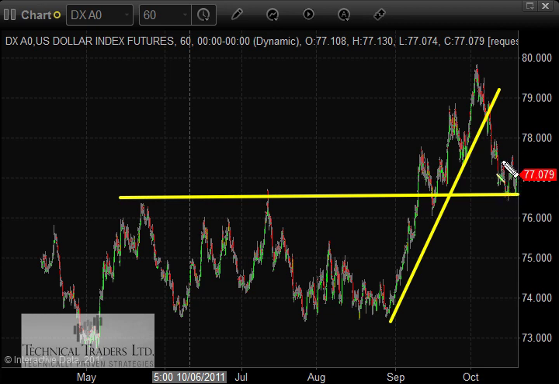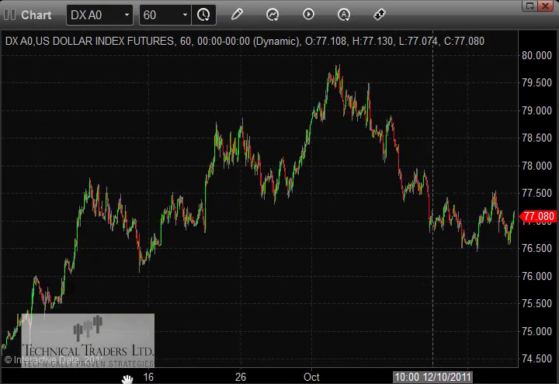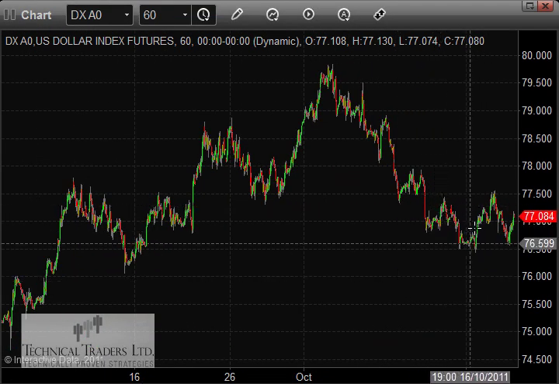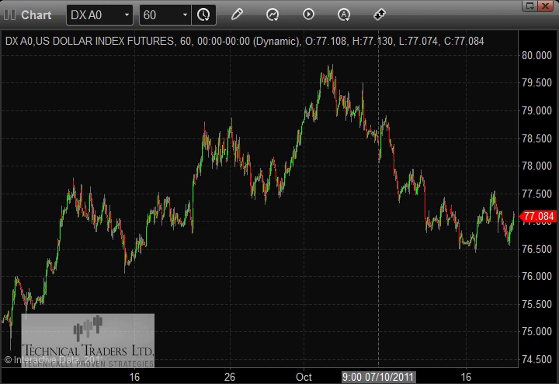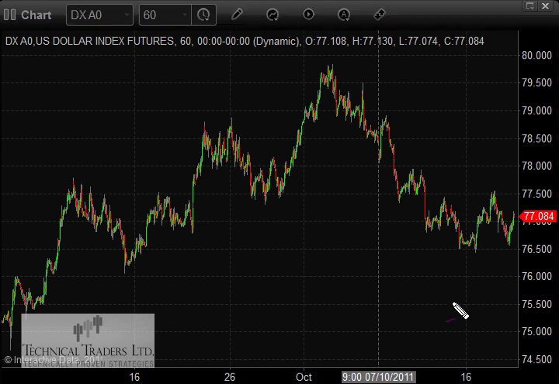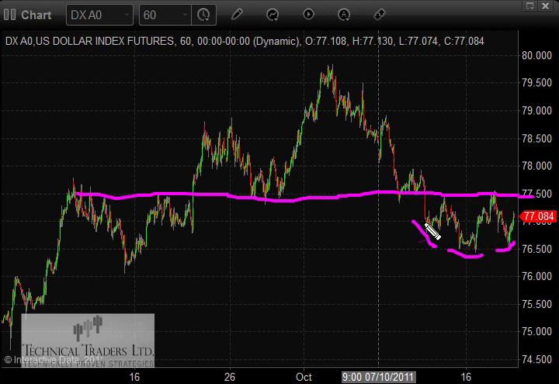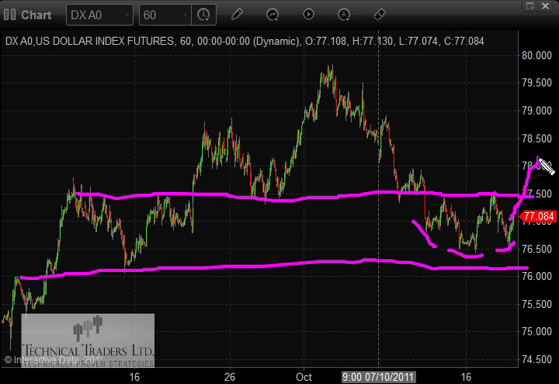So it's a nice impulse leg. The fact that it broke a previous high, I'll zoom in a little bit here to make it easier on the eyes, shows that there are signs of some strength. Now overall, what I'm looking at in the US dollar here is a possible rounding bottom starting to form, and looking across this level, we've got a key resistance zone. But the fact that we're down at this key support zone, we are starting to see a bit of a base form,